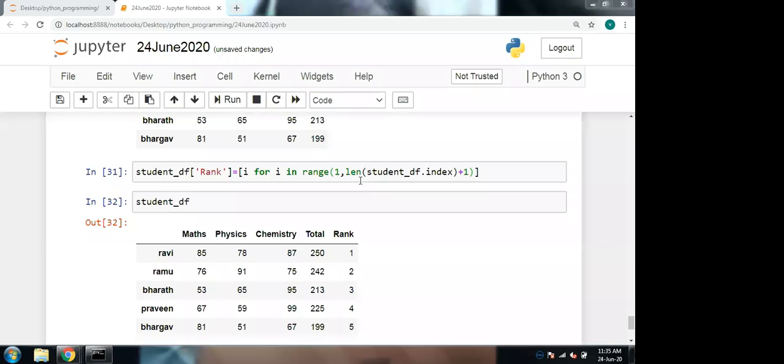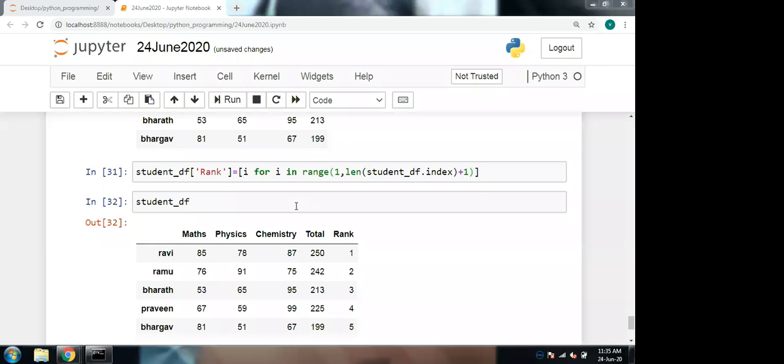Is it okay, ma'am? No? You mean plus 4 plus 1? Yes, sir. See, ma'am, if we give student_data_frame.index, we will get the names of students: Ravi, Ramu, Bharat, Bhargav. So I am applying length to that.